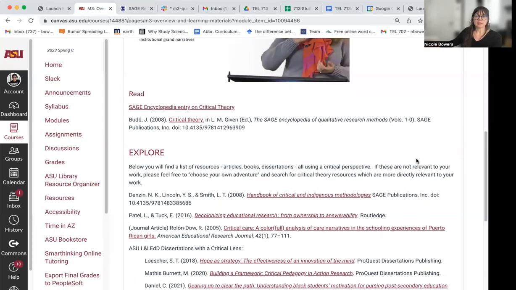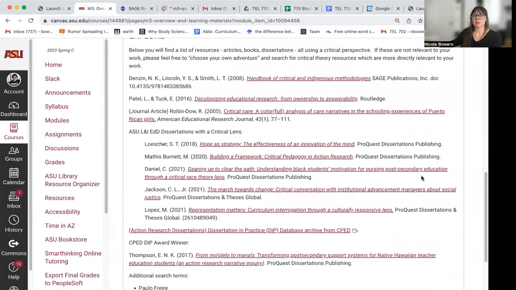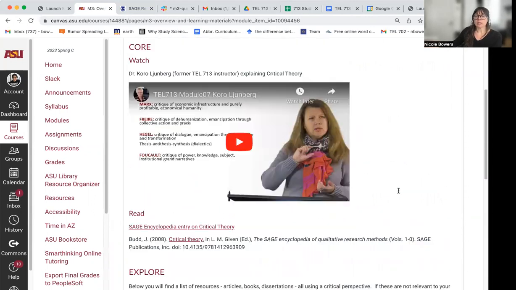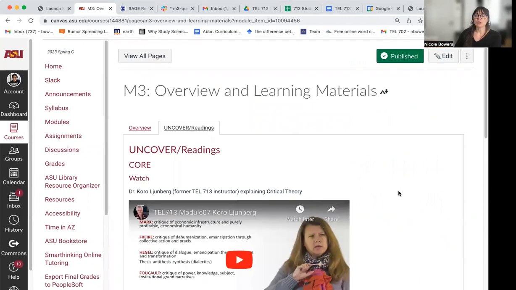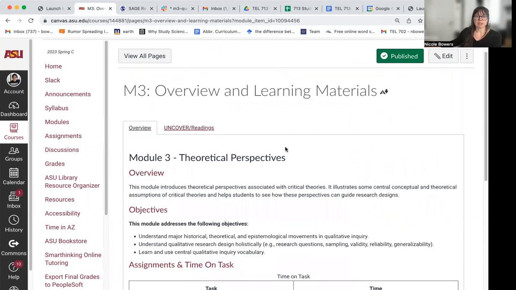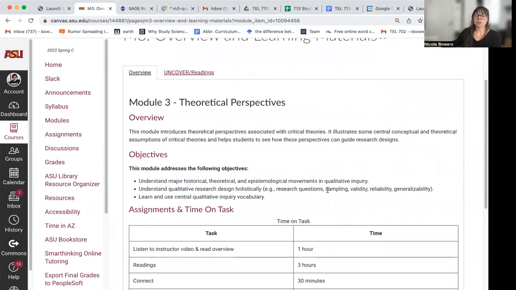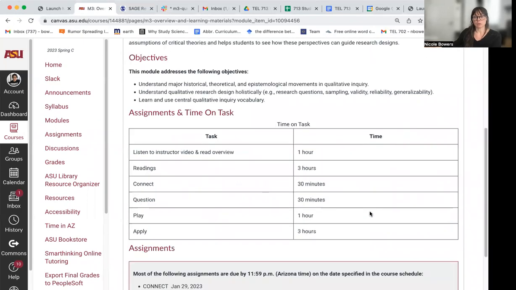The Explorer readings are specifics about critical theory, and if you are doing a critical dissertation, you might want to take a look at some of these example dissertations from our program. Now, you have also, in your last semester in 702, been exposed to a lot of different critical readings, and feel free when you're going through the exercises of the module to refer to and cite any of those also.